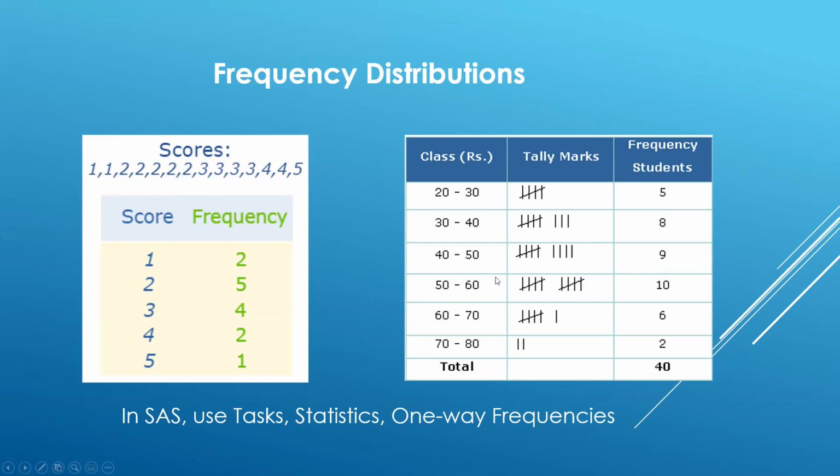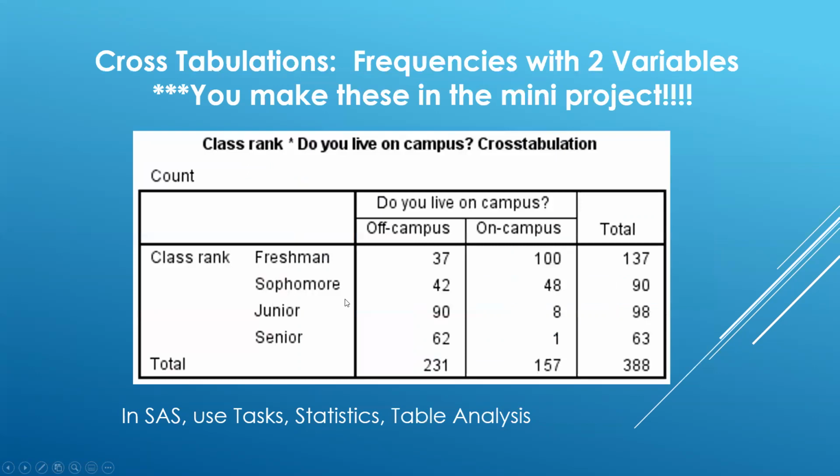You can also have modes when you have class data, right? Data that's put in classes. These are sometimes called bins, where you've got, okay, so there were 5 numbers that were between 20 and 30. And then you had 8 of them that were between 30 and 40, and so on and so forth. So you can see here, this class has the highest frequency of 10. So you wouldn't say that the mode was 50 or the mode was 60. You would call it the modal class. The modal class would be the 50 to 60 class, because that was the one that had the most pieces of data in it. So just kind of different ways of discussing modes and things like that.